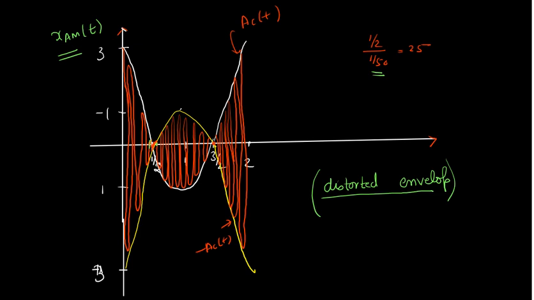So we are just taking the mirror image of your a(t), which will be this. And now our amplitude modulated signal will be this. This is our a(t), this is minus a(t), and the carrier will be following this